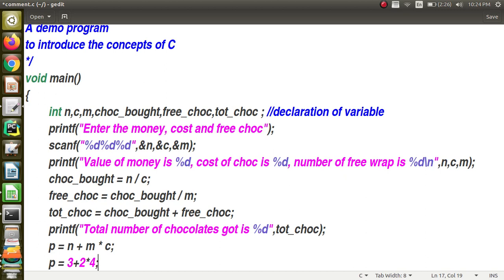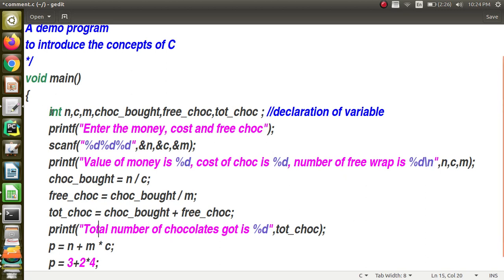The BODMAS rule is here given as precedence of the operators. In programming languages we call it precedence of the operators. After we discuss all the operators, we can have a glimpse at the precedence chart that I will show you.